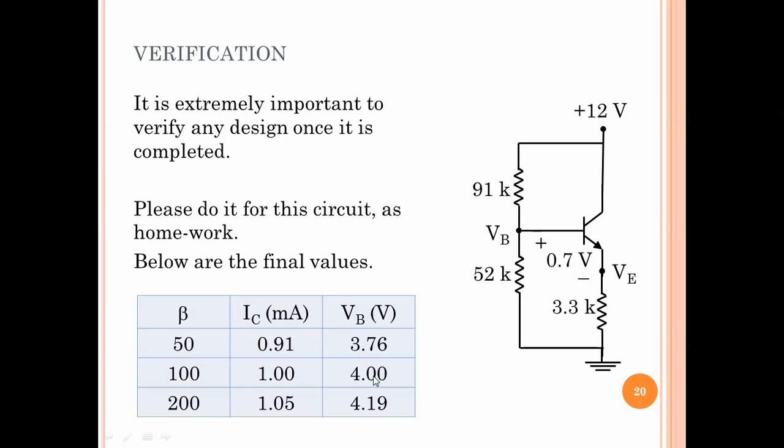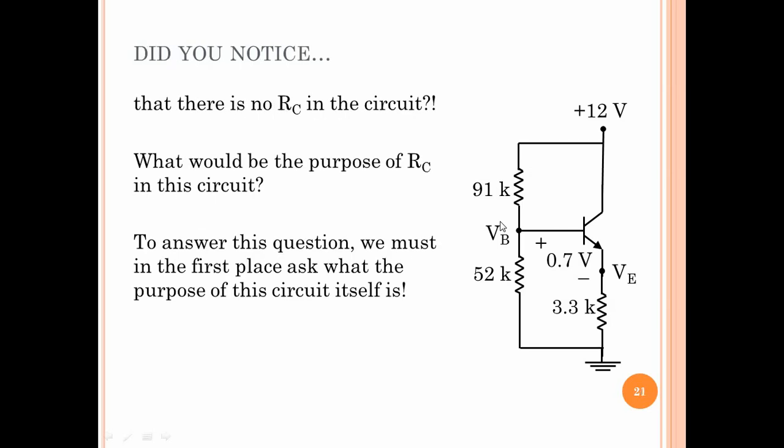By the way, did you notice that compared to a circuit similar to this that you must have seen before the midterm, there is no collector resistance here. In fact, we did not need a collector resistance to design for the specifications that were given to us. There is no RC. The question, of course, we ask is, why do we need an RC in this circuit? Why was there an RC, assuming that you did see an RC before in this circuit?